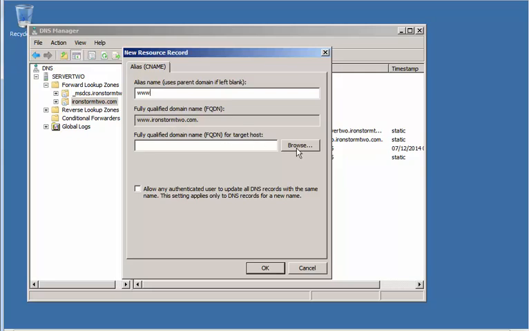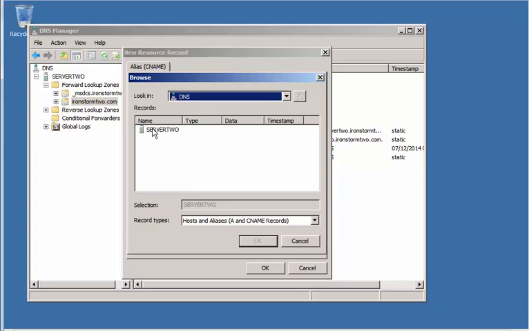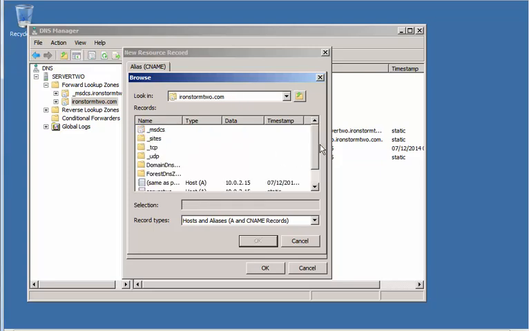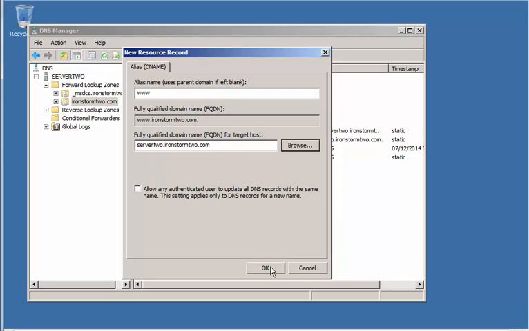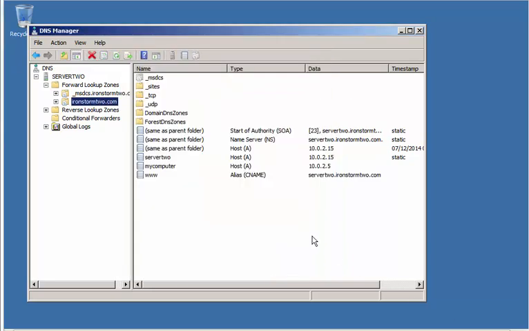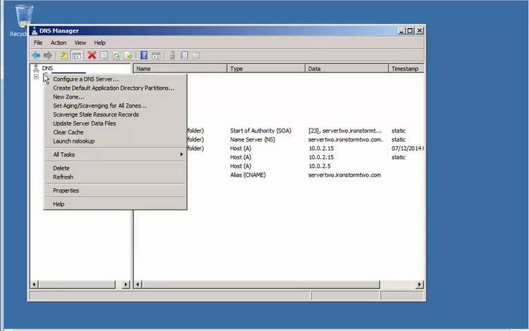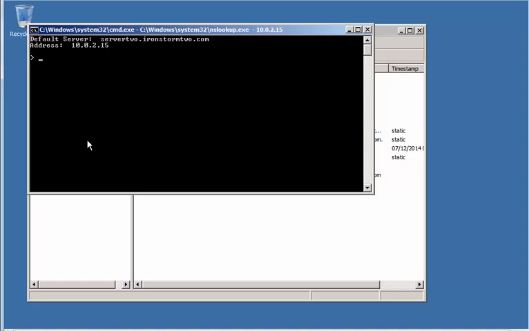And let's go ahead and browse for our target host, server 2, or forward lookup zone. Let's go into the Active Directory and select the record, click OK, and click OK again. And then to confirm this, let's right click here on server 2 and launch NS lookup and type in the CNAME we just created,